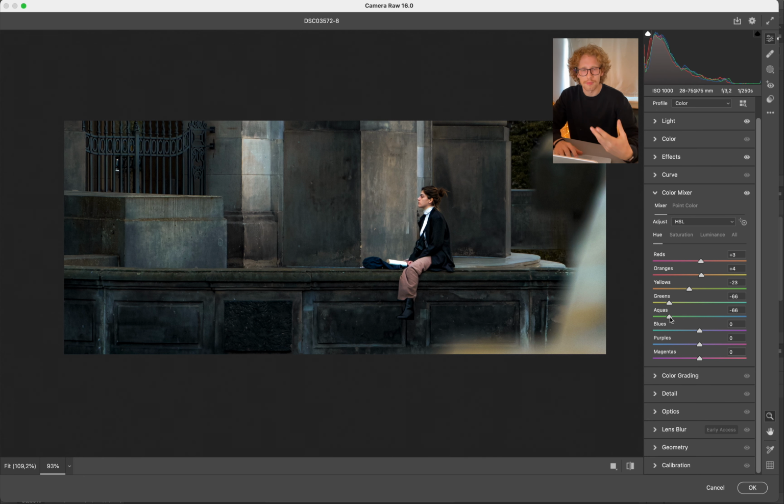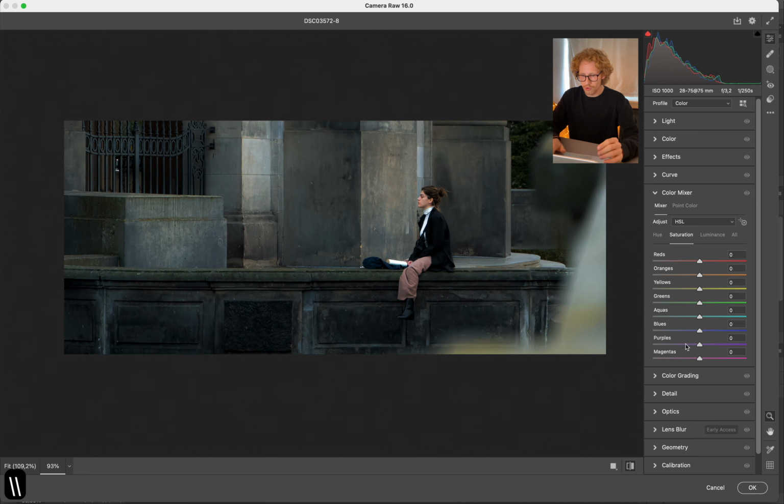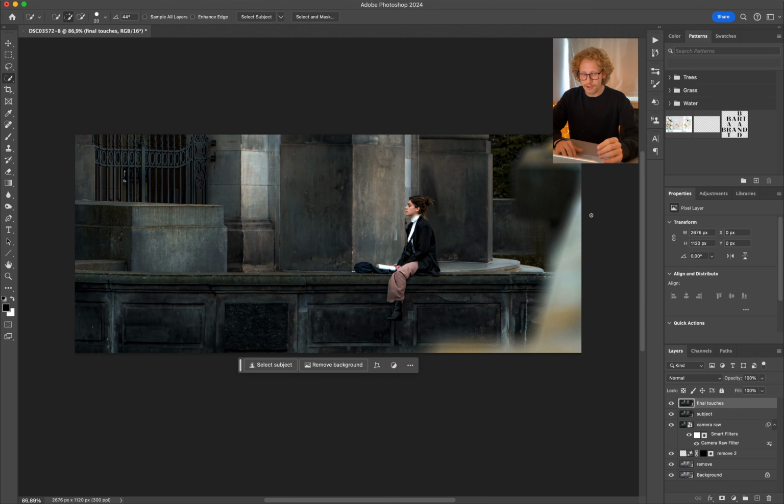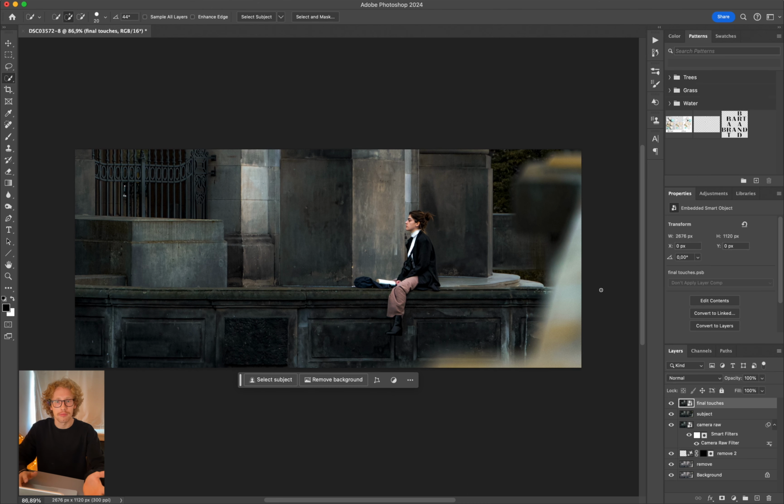I'm kind of trying to get a bit more of a fall vibe than just a cold one. So adding some yellow to the greens and some orange to yellows is sort of achieving that more fall vibe. And then I also want to decrease saturation of the blues a little bit more. Yeah, I think I'm satisfied with that. So press OK. So now take another 10-minute break, come back, see if you like it, make any adjustments if you need to,